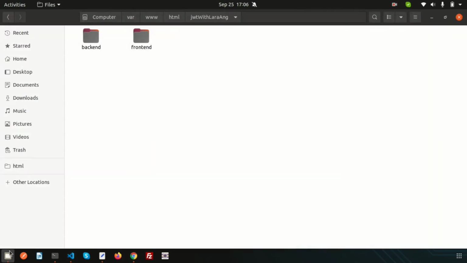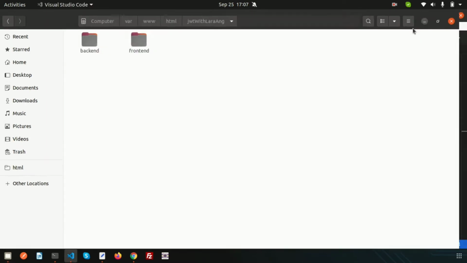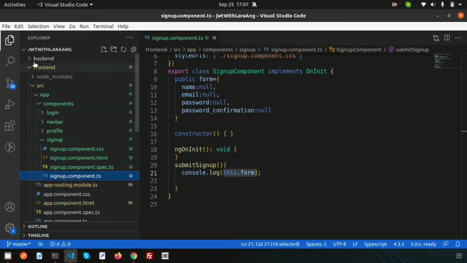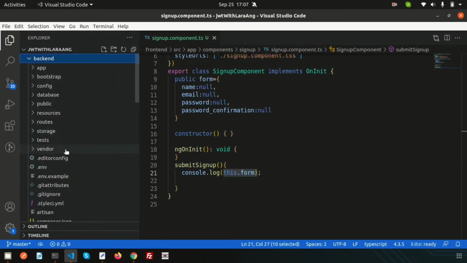As a backend, we are using the Laravel application. First of all, we are using the folder, that is the JWT with Lara Angular, and inside there we have created the backend and front end. So I just want to save this data into the backend when we sign up from Angular. Before that, if you just go inside the backend, we have not set up